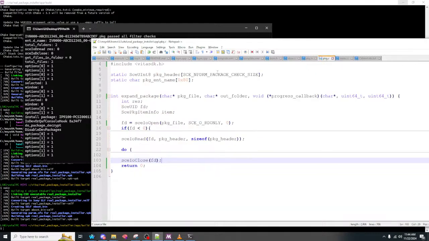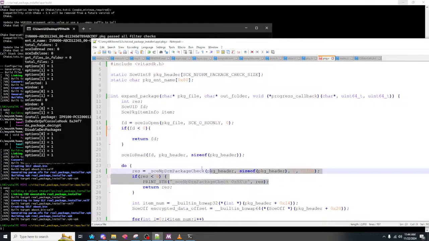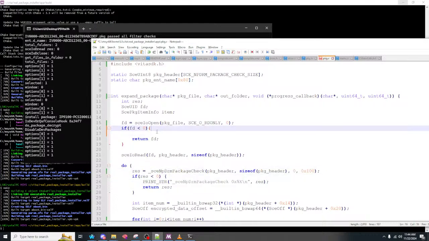Just never gets anywhere, it seems. But why wouldn't it go anywhere? I guess if it can't open the file, it doesn't actually print that. So that's